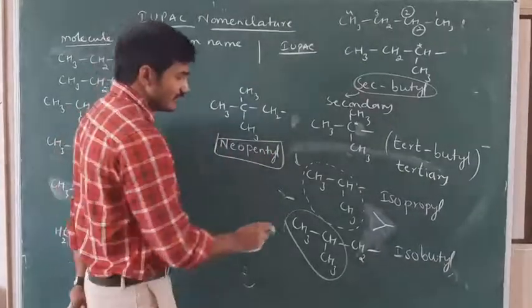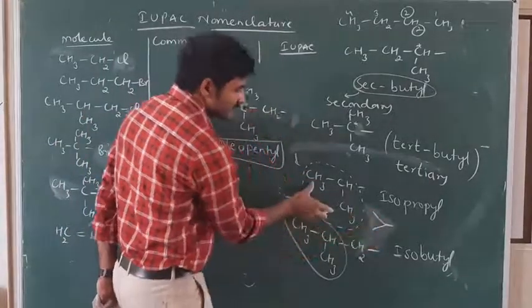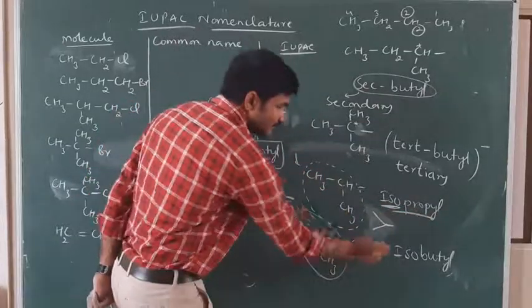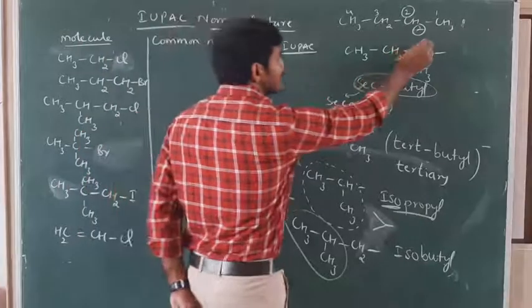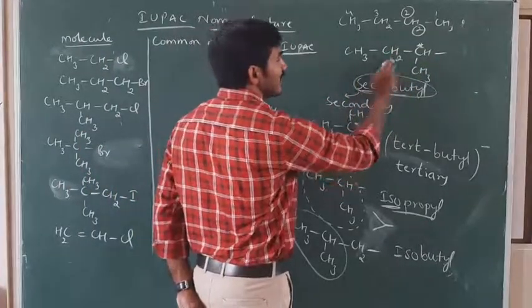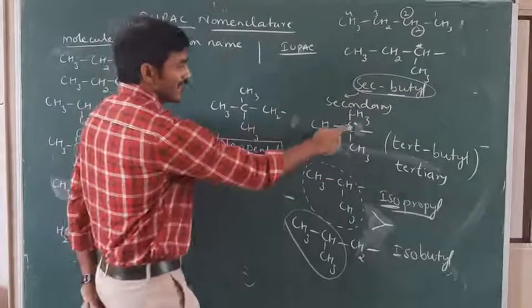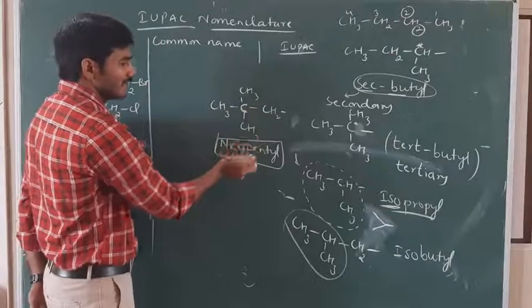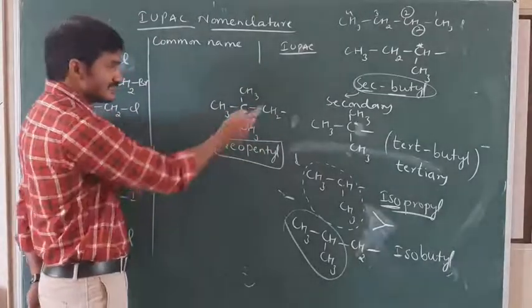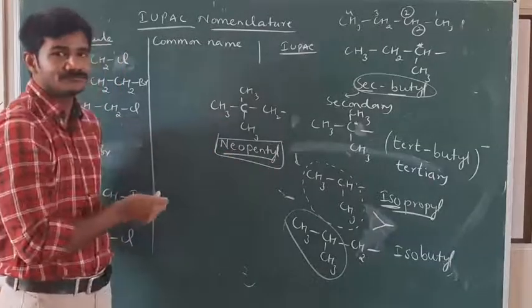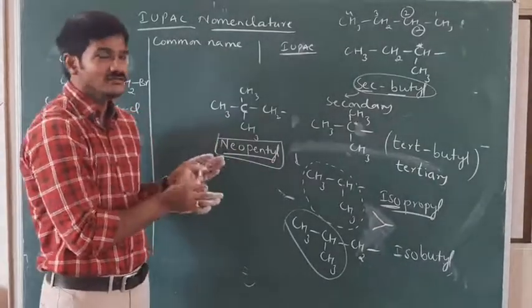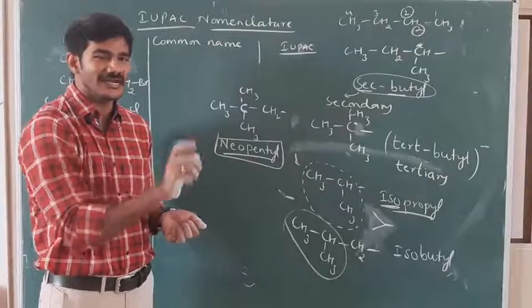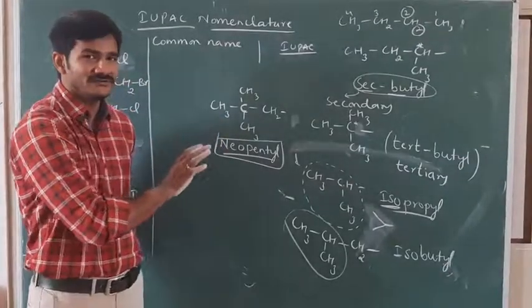These are very, very important. When you see this type of symbol, between 2 CH3 one CH, it is iso. 3 carbons means isopropyl, 4 carbons, isobutyl. If the carbon is secondary with 4 carbons, secondary butyl. If the carbon is tertiary with 4 carbons, tertiary butyl. If the tertiary carbon is extended with one carbon, that is neo. As there are 5 carbons, I write neopentyl. Is it clear about this terminology? Throughout organic chemistry, we have to use this type of terminology. In chemical reactions also, we sometimes write a common name, so that's why we explained it here, and we have to remember this.